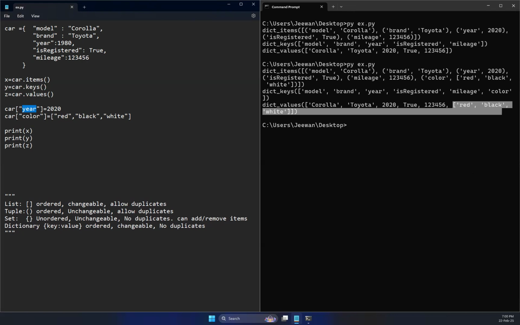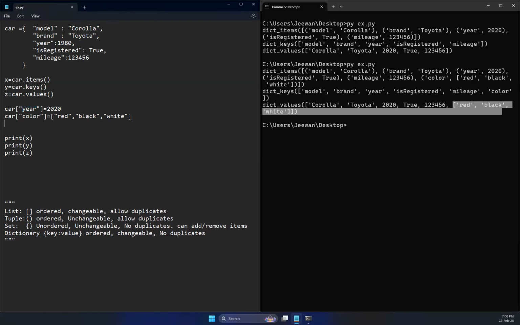Or else, if you want to update, let's say again the year, or mileage, to another value, you can say car dot update. You can use the update method by passing mileage